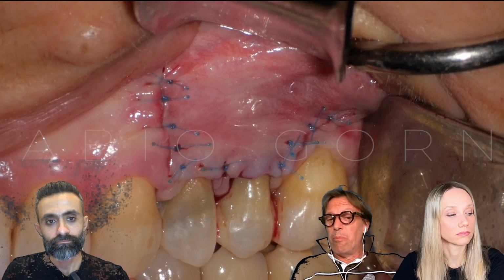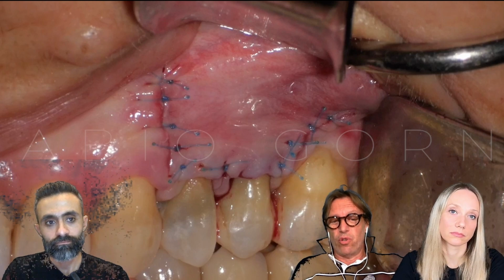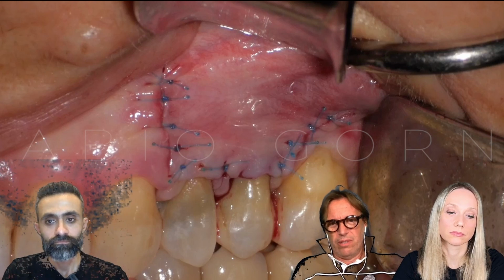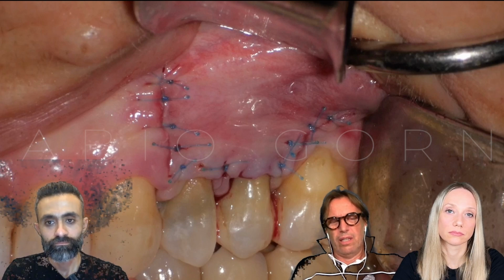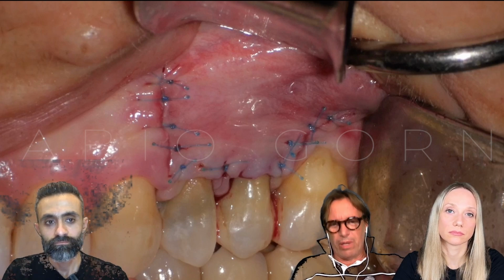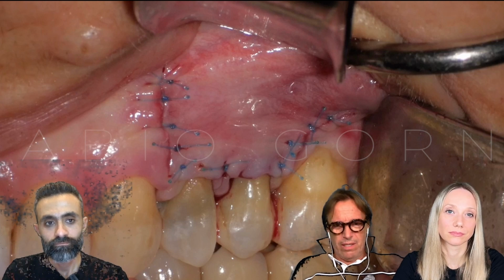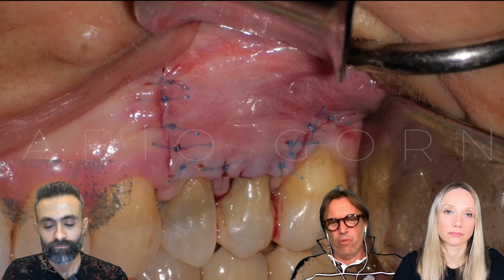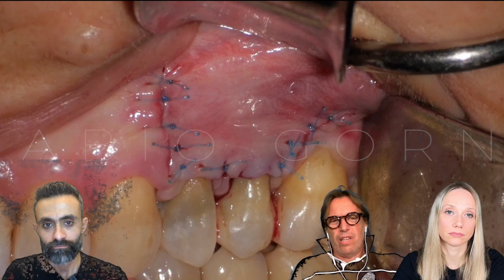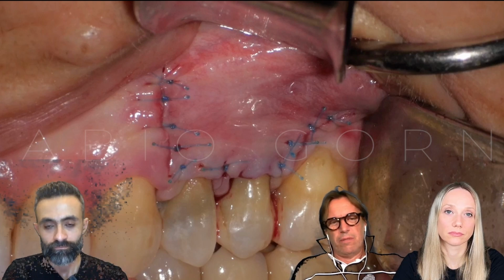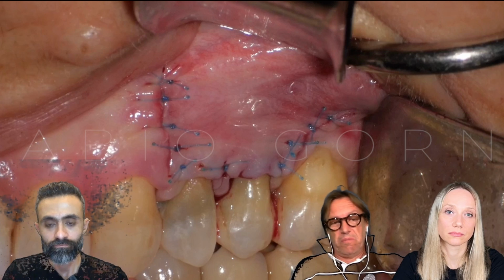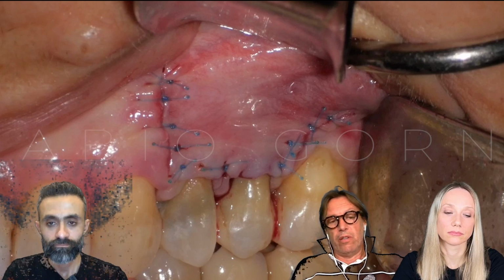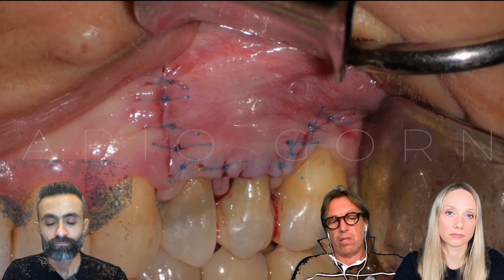What is really important is don't remove the sutures after 2 days, 3 days. Please, don't do it. Also, this is another topic where there is no evidence that you can improve the quality of your soft tissue management by removing the stitches after 48 or 72 hours. Usually it takes 7 days, 10 days without any problems. And usually no scars, absolutely no scars.